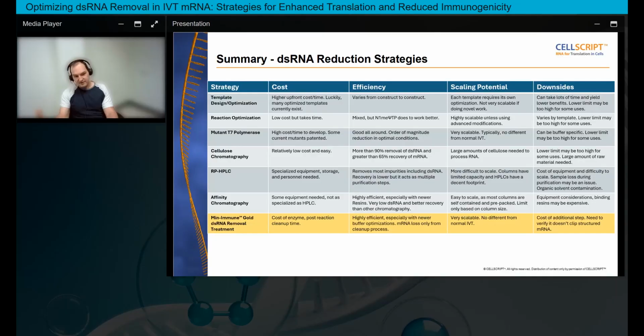And so that's kind of why we want to bring a little bit of extra attention to using an enzyme to do the work. It benefits from being an easy protocol. It's something that you can just throw in with RNA and you purify it and you get out perfectly clean RNA. It doesn't require anything special, but it also doesn't require any upfront investment and time. And you can get to a level that is lower than almost anything that we've seen in